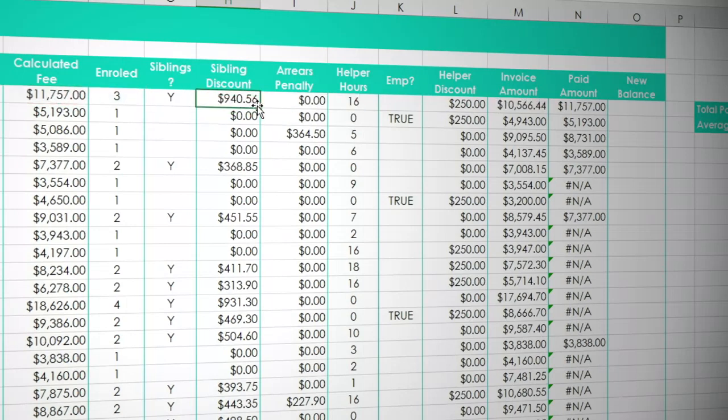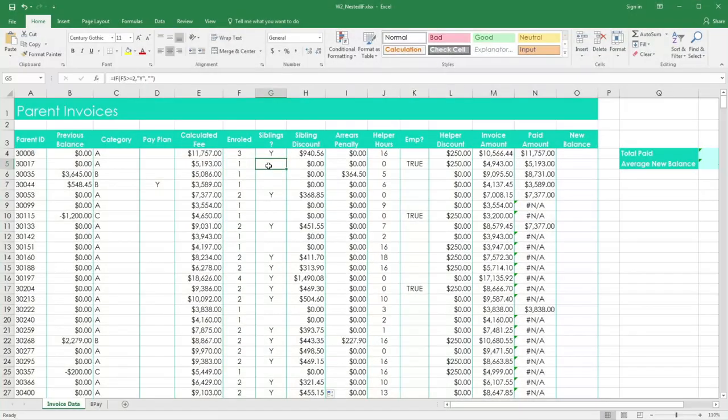And let's just quickly copy that down, and we've now recalculated the sibling discount. You'll see siblings where there's only 2, they're still only getting the 5% discount. But where there's 3 or more, they're getting the 8% discount. So we've now seen how we can make our ifs even more powerful. You can actually nest your ifs up to